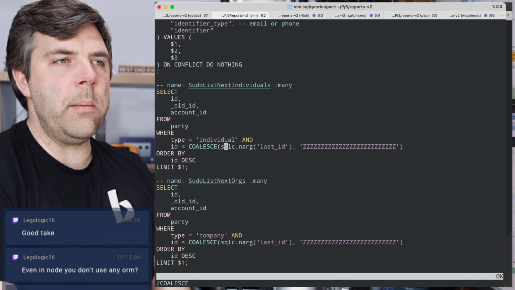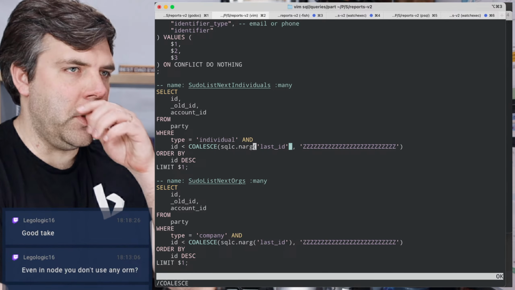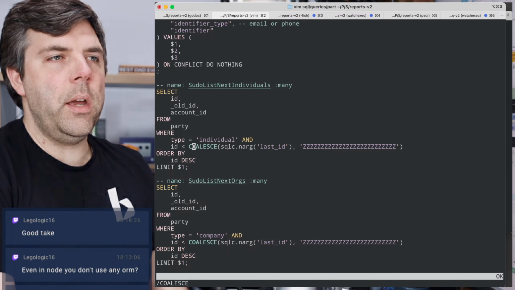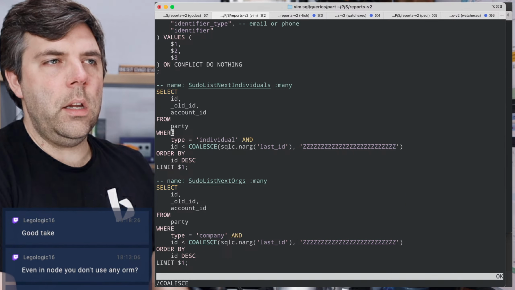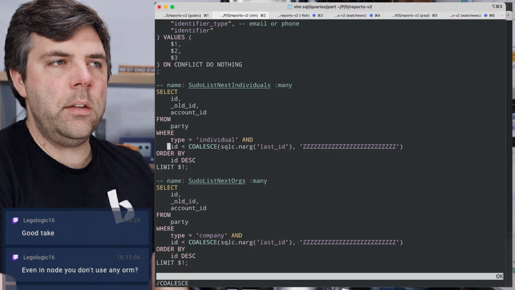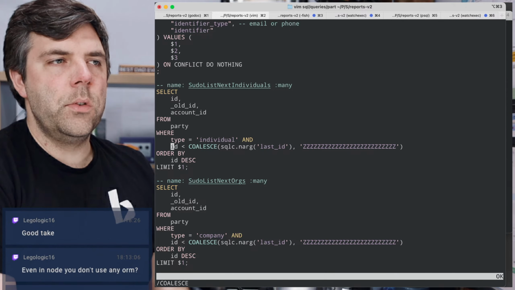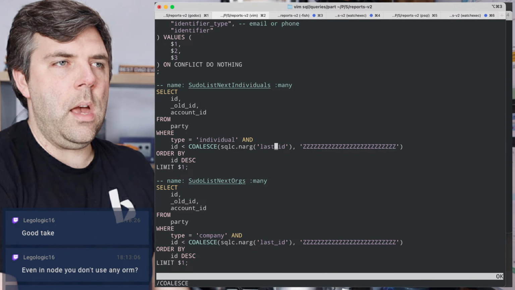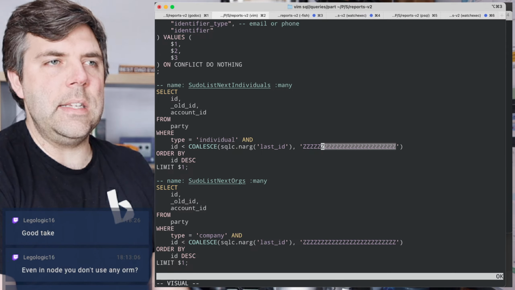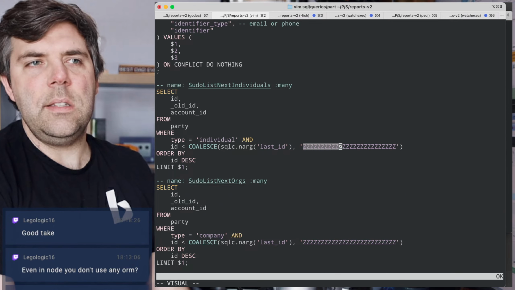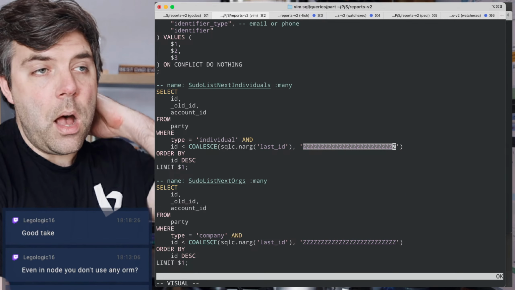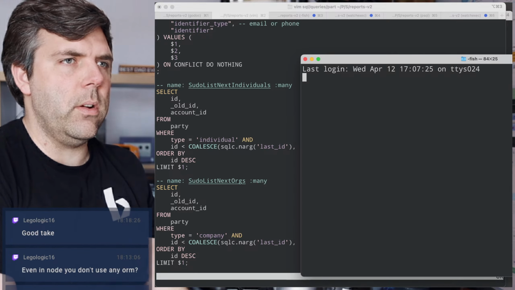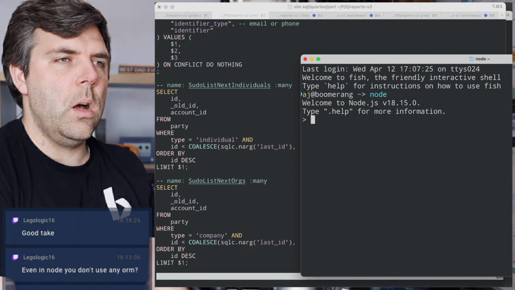And you could do this in the programming code as well, and I think I might actually switch to that. But so if we want to query, you just construct your query in such a way that a default value is appropriate, right? So we're going to say where type is this, and ID is less than ZZZZZZZZ. So ZZZZZZZ is the highest possible value, unless it's, I don't think it's 99999. I actually gotta check on that real quick. Hold on. Hold the phone.